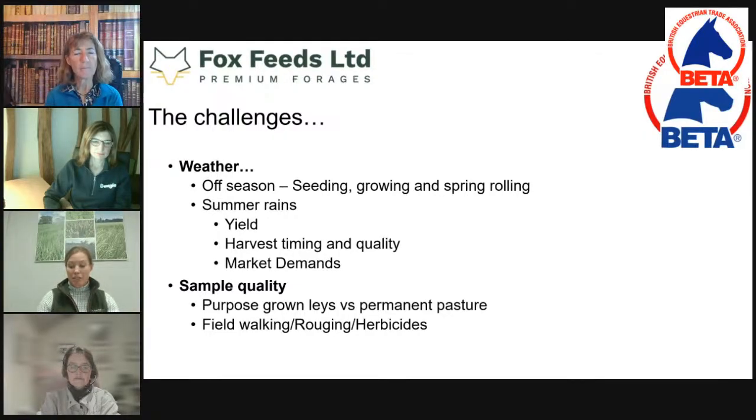Once it's cut, we have to decide when to ted and how many times. Like I say, there's quite a big variation in how long the grass is on the floor. It can be a day, it can be 4 days, depending on the weather. Then we have to decide when we're going to rake and bale the crop. The issue we always have is we can only base what we're doing on what the forecast is saying at that exact time. As we all know, the weather forecasts aren't necessarily the most reliable things, and conditions really quickly